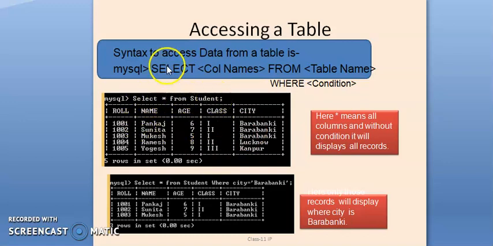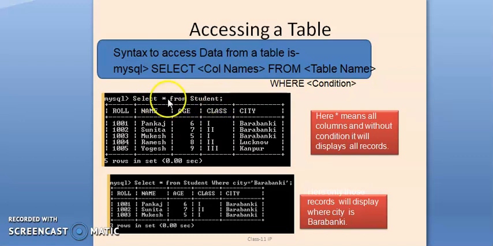Students, first of all I will tell you how we can access the whole table, or all the records from a table. The select command is used for that. On your MySQL prompt you have to write select, then star, then from student, then semicolon.